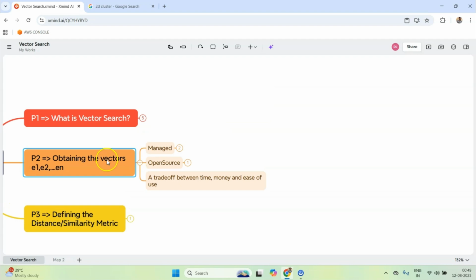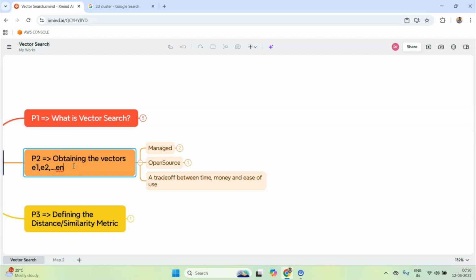Now let's talk about how we obtain these n vectors. To obtain them, the idea is to take your input documents and get the embeddings for those documents. This in itself is a very deep topic, because we can't embed entire documents. If we are dealing with a book, that is a huge piece of document in itself, so we need to employ strategies such as chunking.